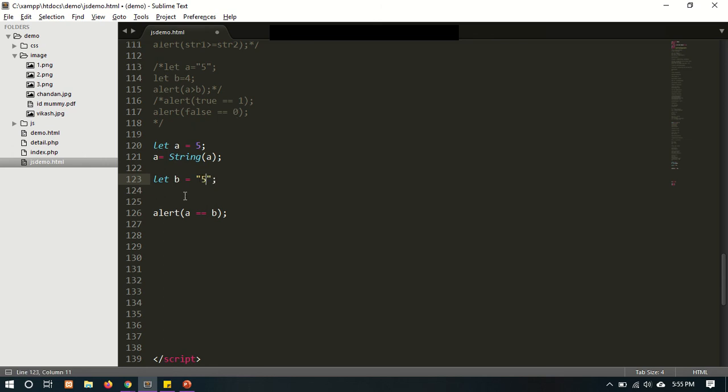Just compare a is equal to b. So we are taking a as a number. We are assigning 5 in a, means we are assigning an integer value in a, and again we are assigning in a to convert the integer value into a string.